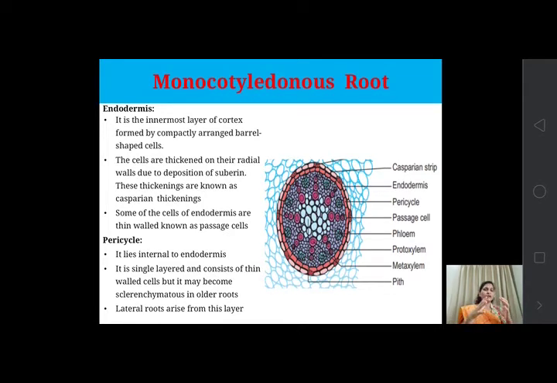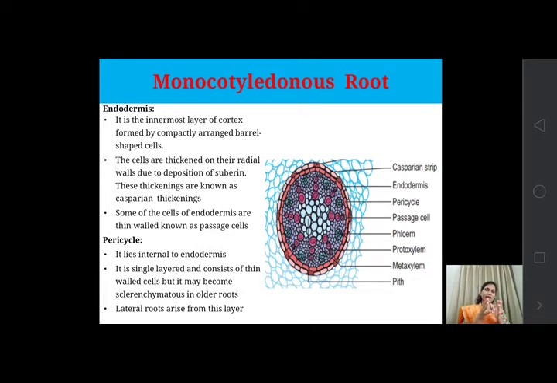All endodermis, whether present in root, leaf or stem, has the same structure. The cells are always barrel shaped, and they show thickening on the radial walls, which is known as the Casparian